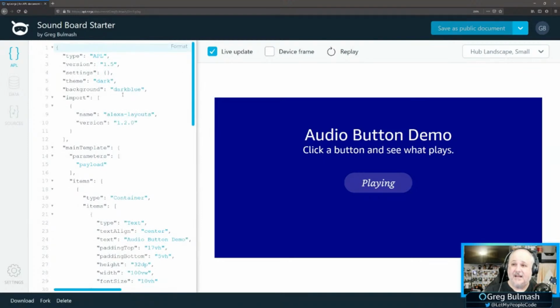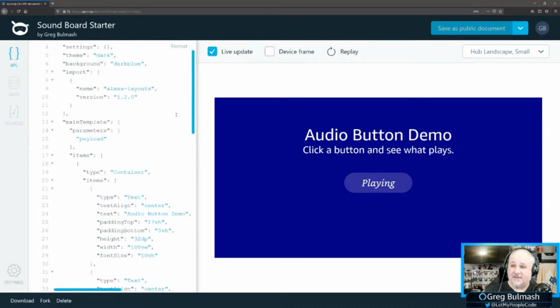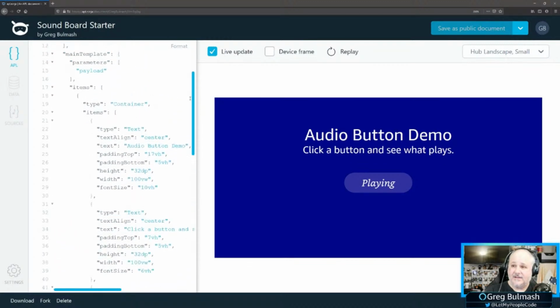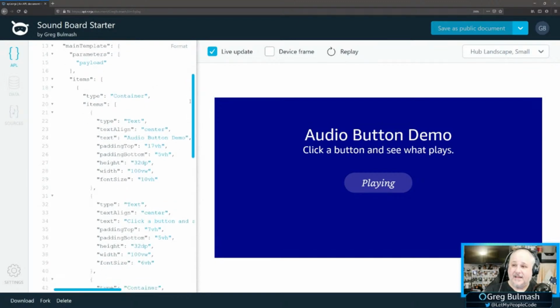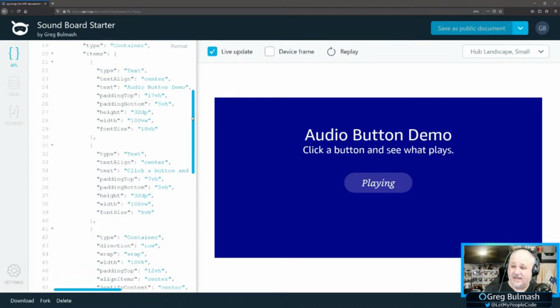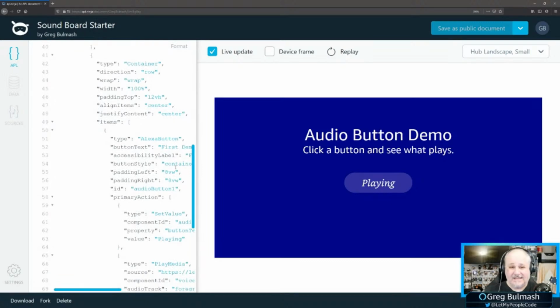I'm setting up my APL. The background's dark blue. I'm using the Alexa layouts package, so I get the responsive components. I create a container. And then in that, I put in my items, a text item, another text item, audio button demo, click a button, and then another container, which I've got in a row with a wrap that I put my button in. This way I can put multiple buttons and they will wrap as a row. So if I put another button in, it will come back with that playing button. And so this should,